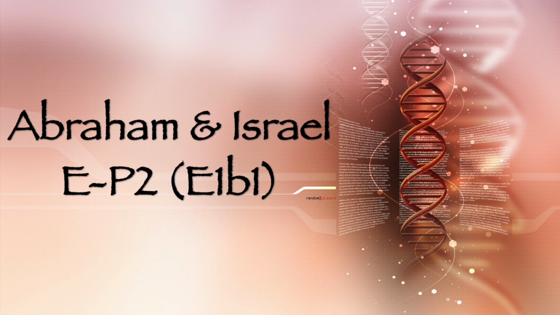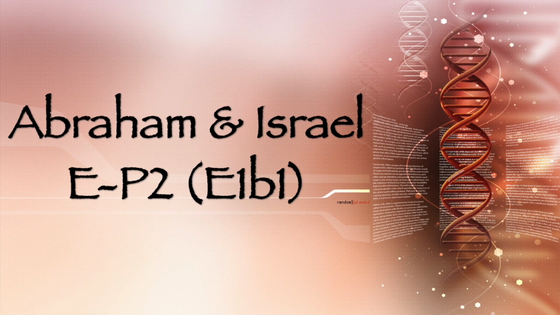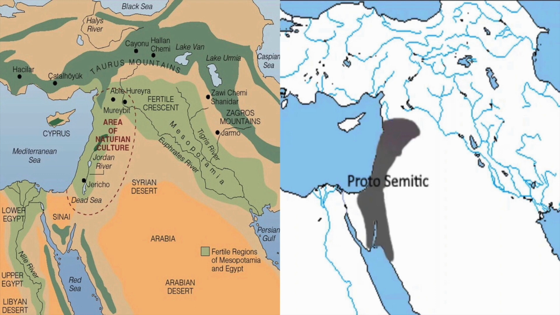Abraham and the Israelites could have carried E-P2, also known as E1B1. One method you can use to determine the haplogroup of Abraham is by looking at subclades of the ancestors of Semites, like the Natufians, and look at people who claim descent from the 12 tribes of Israel. One of the best candidates for Abraham and the Israelites is Y-DNA haplogroup E-P2 E1B1, which was found among the